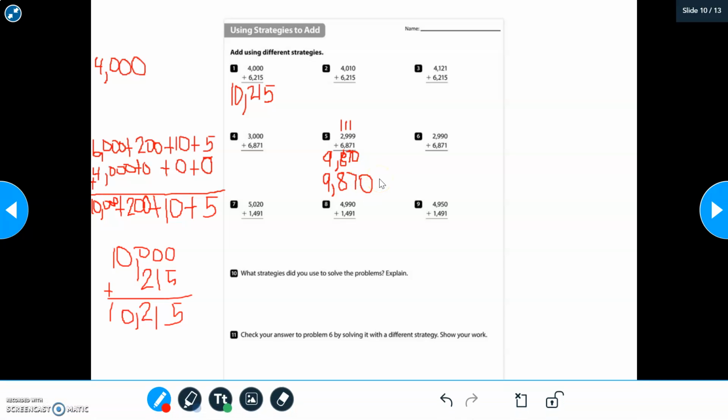So we just solved 2 addition equations using 2 different strategies. The first strategy I used was we decomposed the number and we broke it up into its place value. We wrote the number into expanded form. We added it up according to its place value. We got our sum. Then with our second